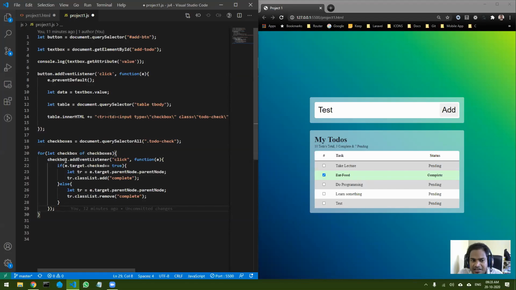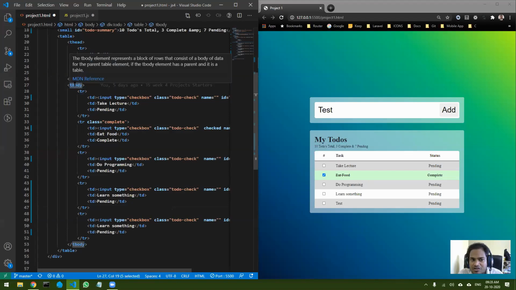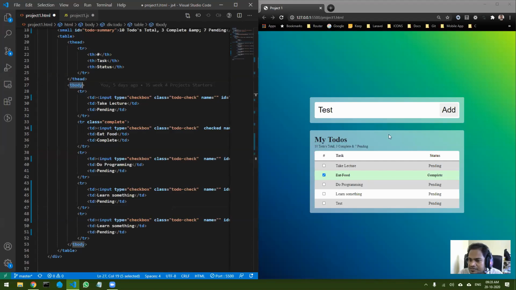If I target the individual checkboxes, I will be requiring as many event listeners as there are checkboxes, right? But if I target the parent, let's say for example, if I target T body, how many event listeners will be required? How many T bodies are there? There is only one T body, right? So how many event listeners will be required? One, exactly, right?